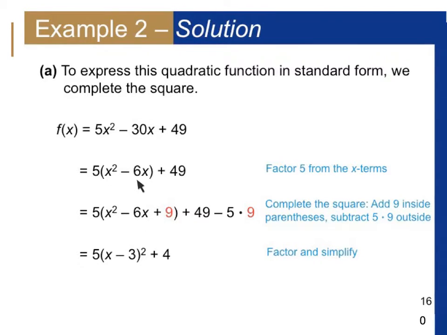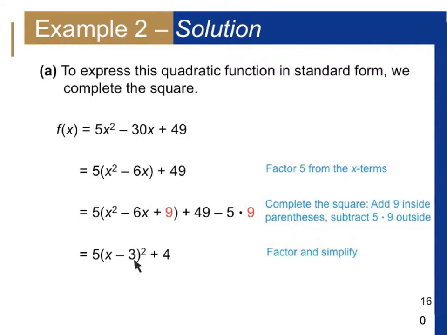Okay. Now we make this a perfect square by adding minus 3 squared. So we're going to add 9 there. We really added 5 times 9 because we have a 5 on the outside here, so we have to take it out again. So we take out 5 times 9, and then keep the 49 there. So 49 minus 45 would give us 4, and then we have 5 times x minus 3